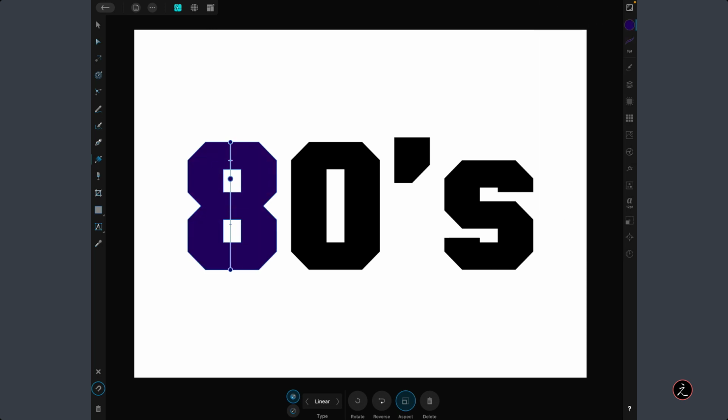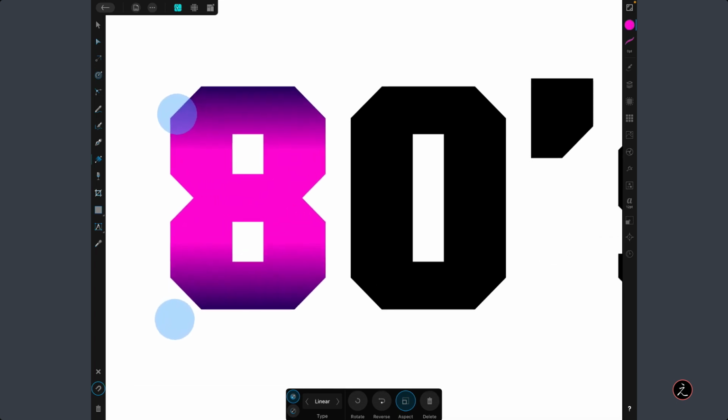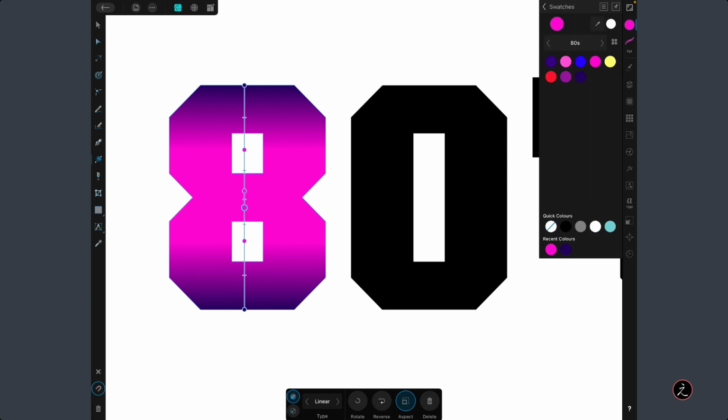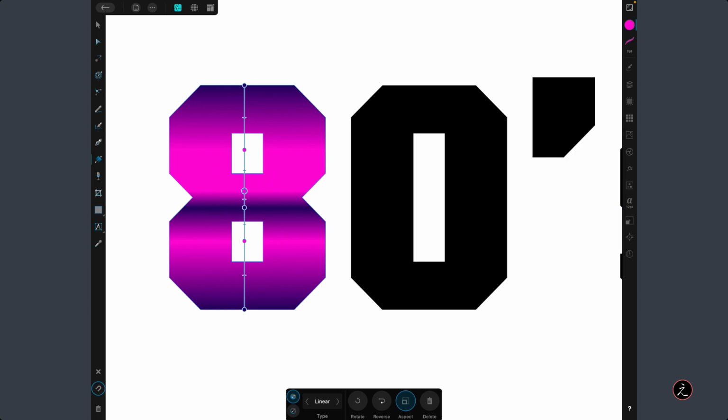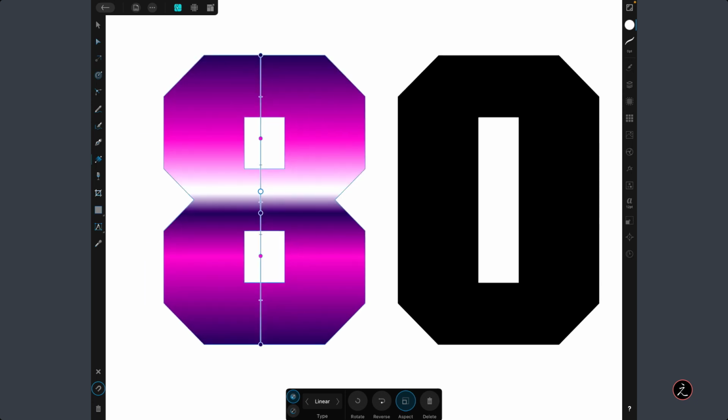And then I will add two additional color stops. I will give them also this color. And then right in between here, I'm going to add two additional color stops. So for this one, I will give this color, but for that one here, I will give it a white color.